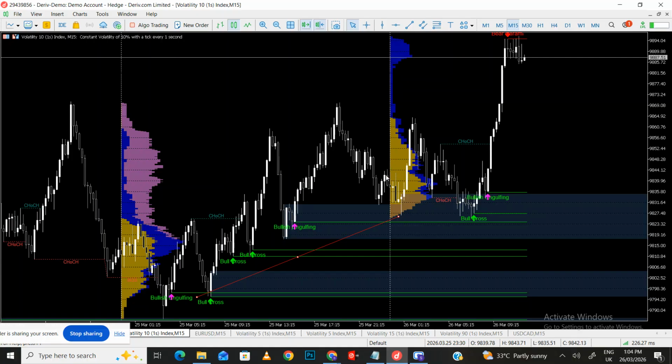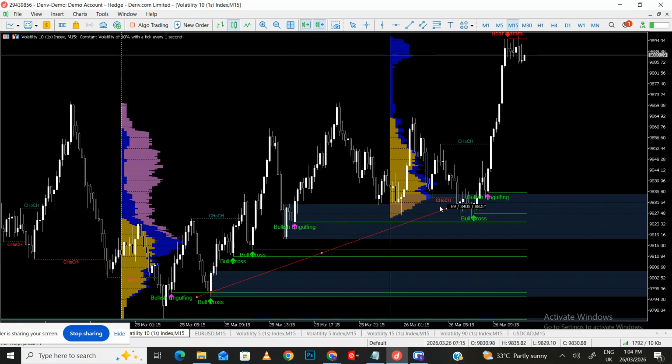There's a market structure shift right here, but none of the indicators came in. None of the indicators showed up. So you'll be looking at it because none of the indicators show up. Now price came back here, and